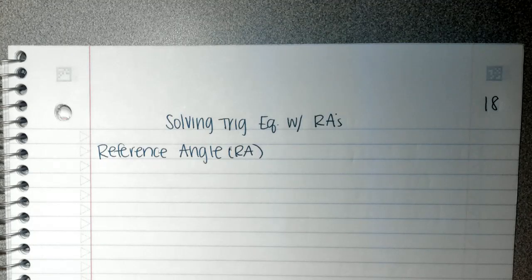An RA is a reference angle. And a reference angle is an angle